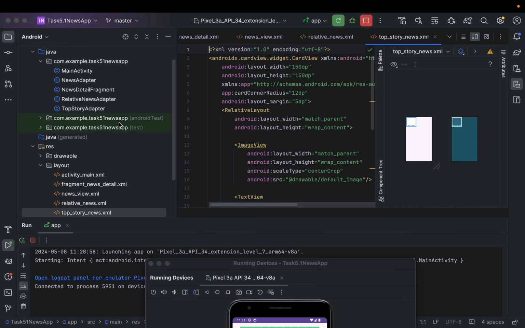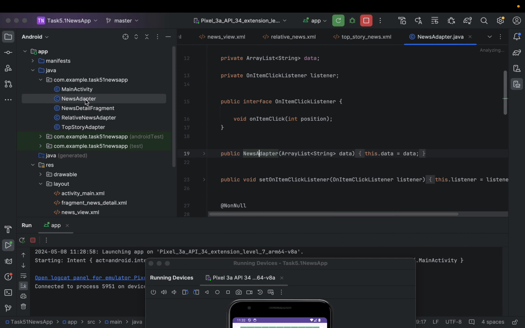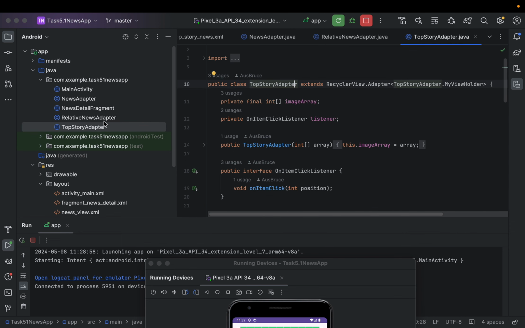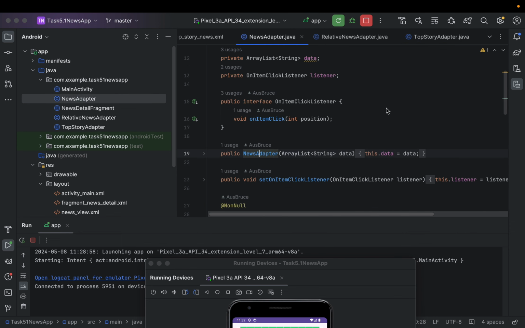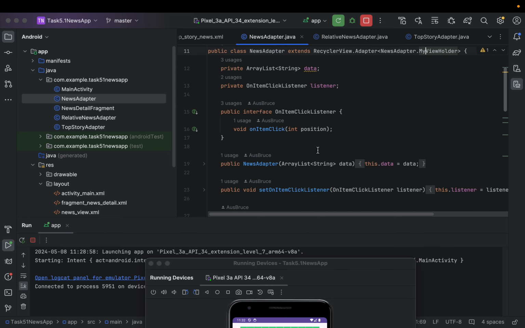So we have three recycler views, which means we need three adapters to implement them: a news adapter, a related news adapter, and a top story adapter. I'll choose one adapter to explain all the logic. First, the news adapter extends the recycler view adapter, using the class my view holder. And then for the logic,